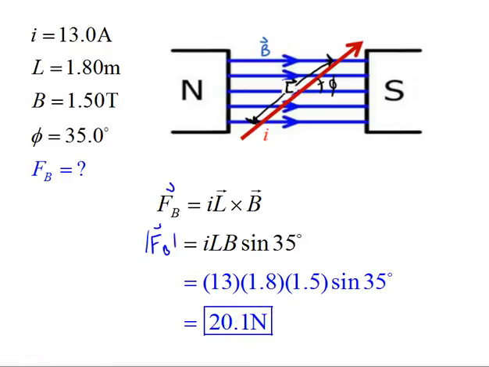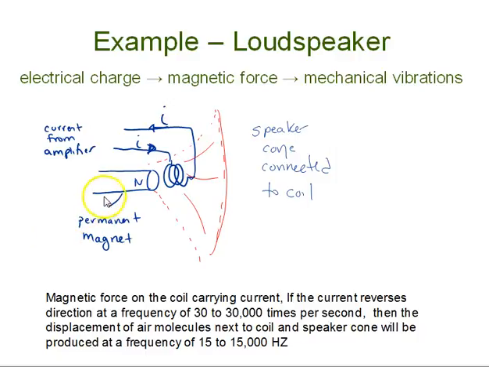We can plug in for that, and we find that that's 20.1 newtons, expressing our answer to 3 significant digits as our givens are. Let's look at one last example here of a loudspeaker, which is an example of using a magnetic field with current flowing through a wire. So we have current flowing through this coil here, and that current is carrying the sound. Our sound is converted to electrical current,